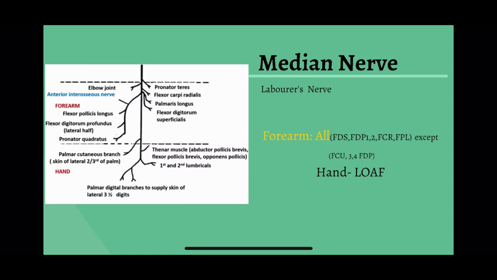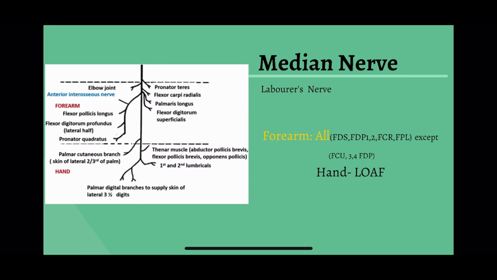Okay, so median nerve we know is the forearm nerve, will supply all the muscles of the forearm except those lying on the ulnar side, which are flexor carpi ulnaris and third and fourth flexor digitorum profundus. Got it? There are a lot of muscles you can see in this picture, but you don't need to remember all the muscles. You just remember all the flexors of the forearm, be it flexor carpi radialis, flexor digitorum superficialis, palmaris longus, flexor pollicis longus, that's supplied by the median nerve except for FCU and FDP third and fourth.